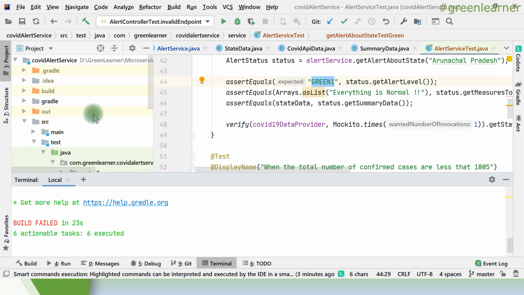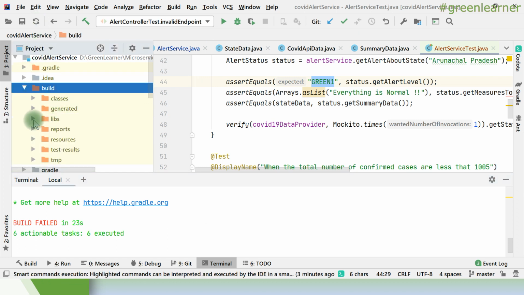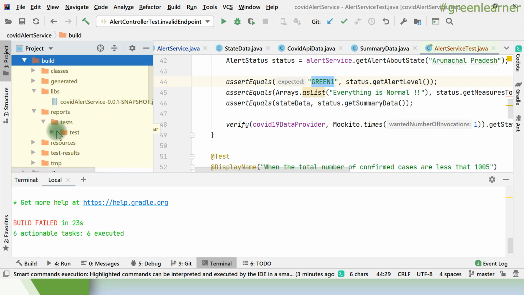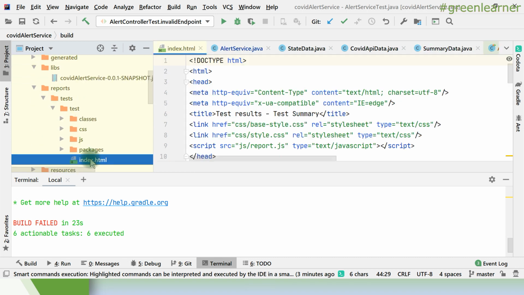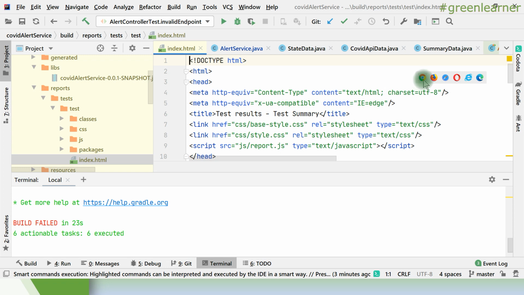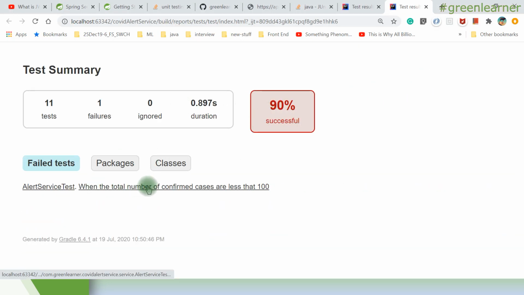One test is failing, right? So let me go here. No artifact is being created here. If you see the build and the report here, this artifact is from the previous build execution. If I show the test index.html, there is one failure here, 90% successful, one failure.